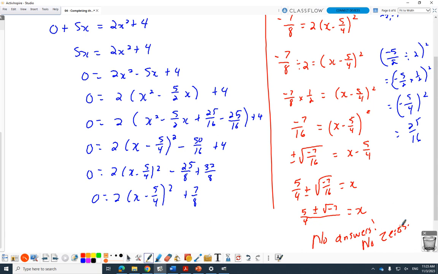So can you tell that from like further up, or do you have to? Yeah, you probably could have noticed. When did I notice? Because I haven't taught 11U in a long time, so I don't remember the exact examples. But I noticed right here that we might be in trouble with the 4. Because when it came over, it was going to be negative. I wasn't positive, but the 4 was positive, and that made me wonder. Then I knew for sure here. I was like, no, it's not going to go. It's going to go over in square root, and then it's not going to happen. Right? So